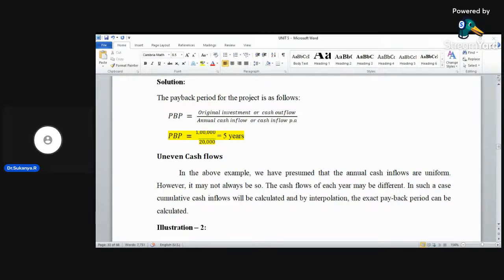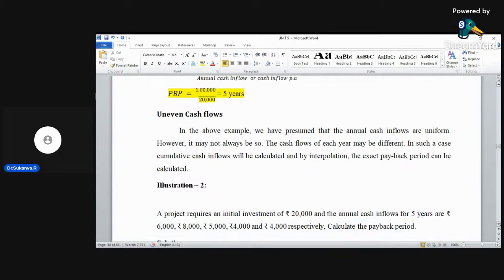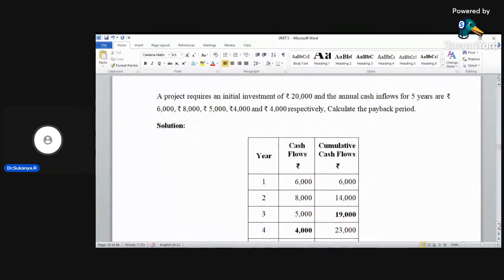Now coming to the first problem. A project requires an initial investment of 20,000, and the annual cash inflows for 5 years are rupees 6,000, 8,000, 5,000, 4,000, and 4,000 respectively. Calculate the payback period. Dear students, here you can see in this problem that the cash inflow for each and every year is different. It is not the same. So what you need to do under such a circumstance,